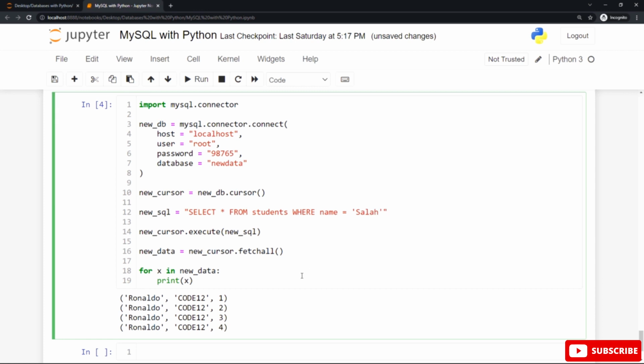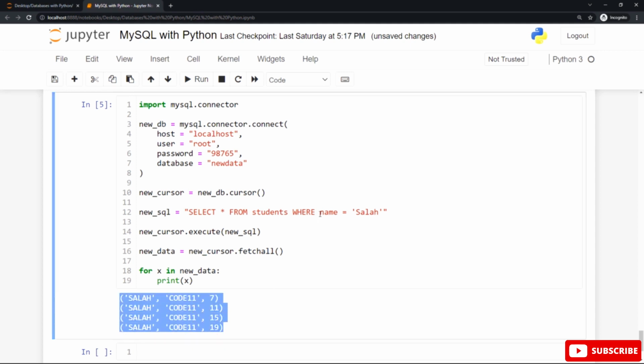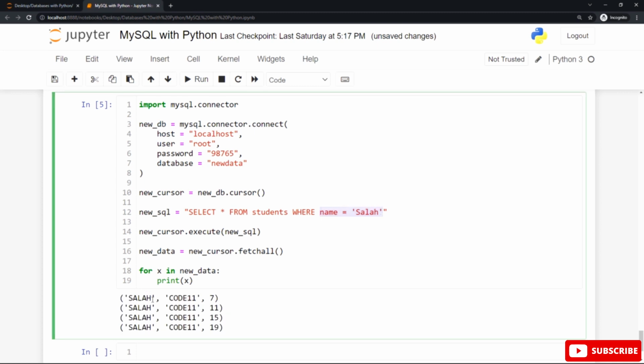and hit shift enter or shift return to show the output, and you can see this is our output here. The output is changed now based on this condition for the first column called name. And you can use another column if you wish. You can change this to code, and you can set the code here to display all the items that match this code.